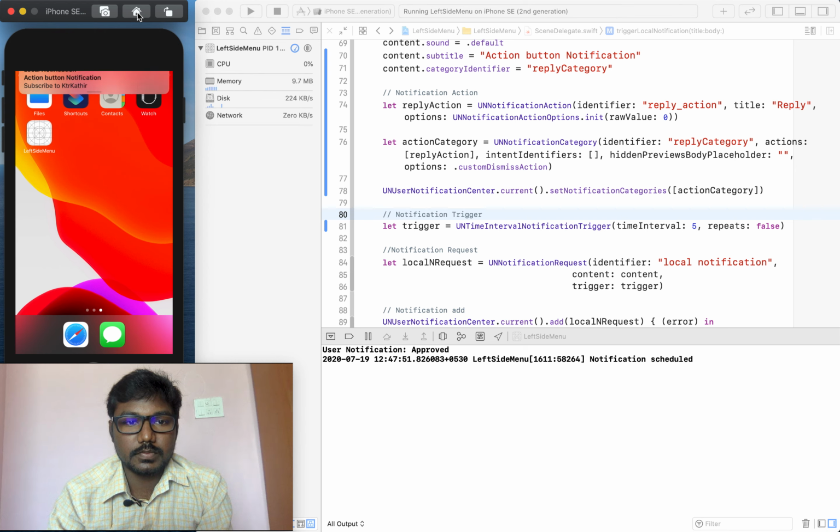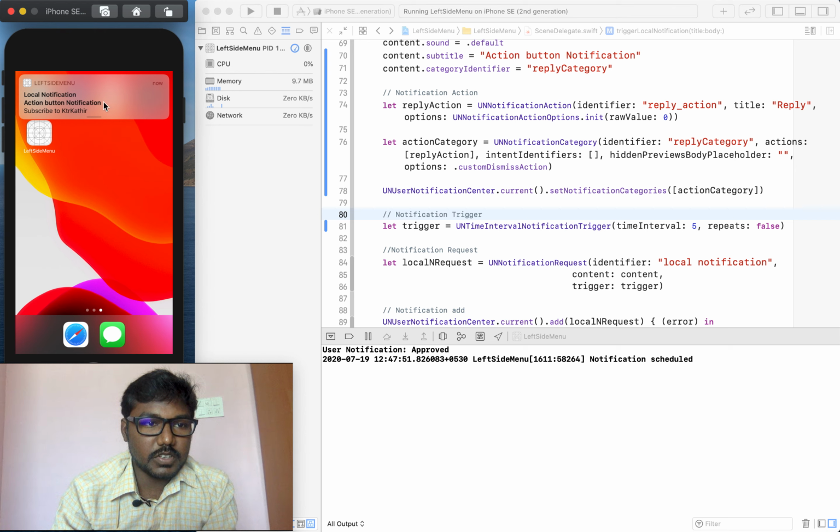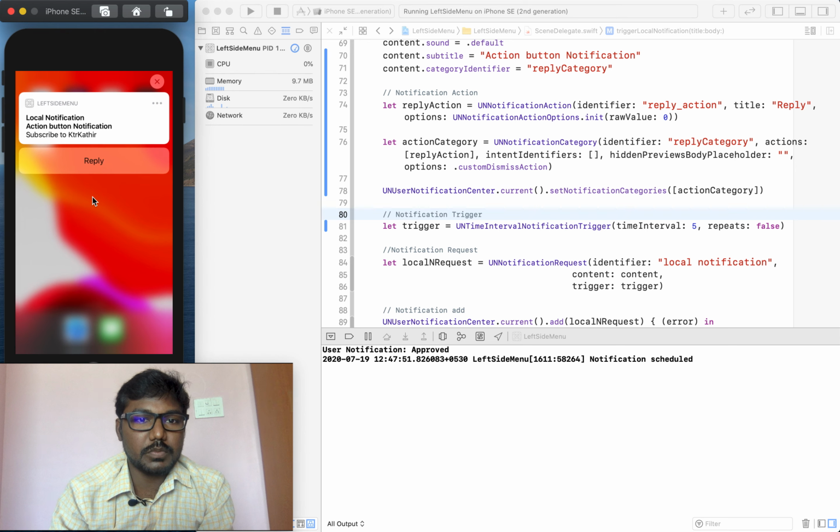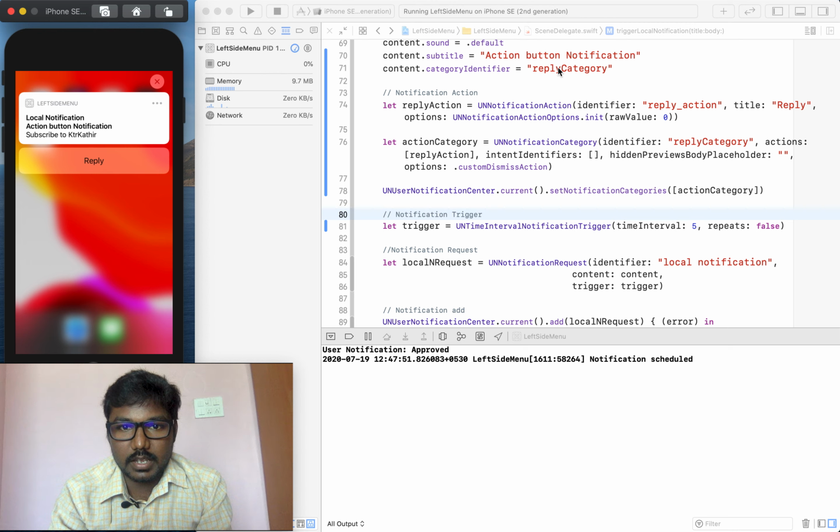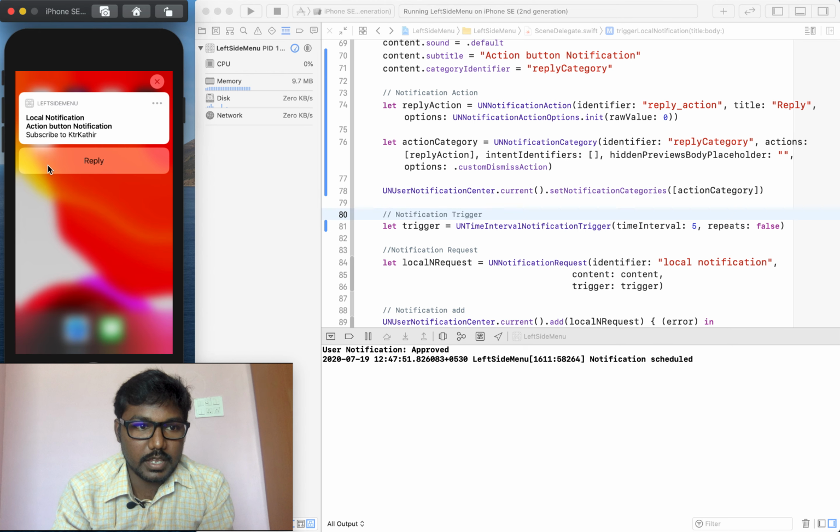Now the notification was triggered. When I swipe the notification, we are getting the reply button. It is what we implemented here: based on the content category, the content category has some notification action, so this reply button was showing here.